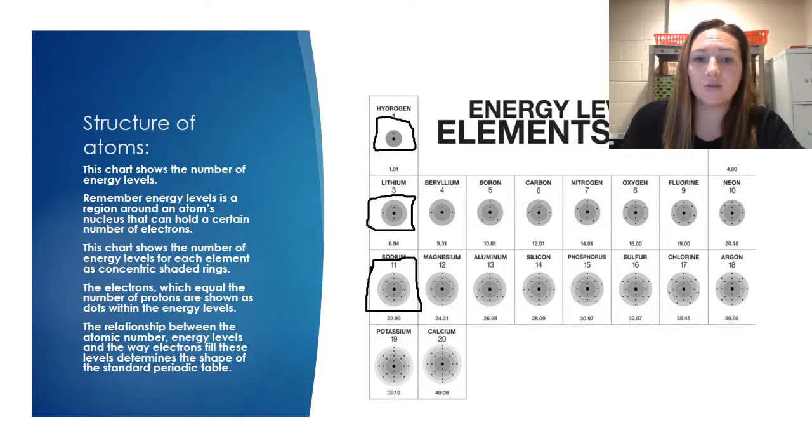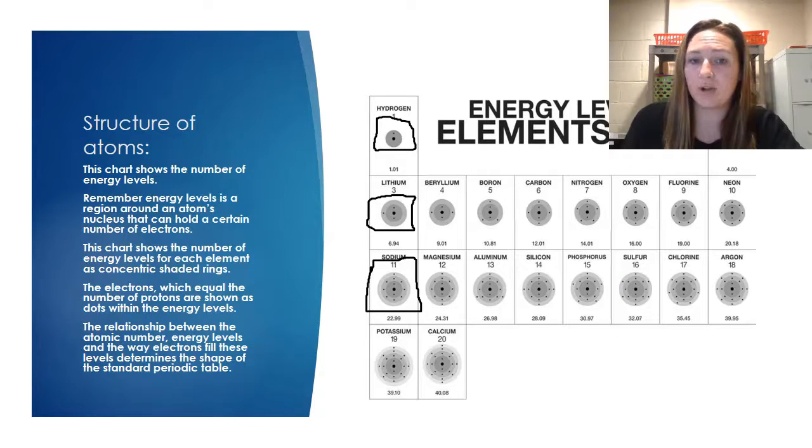You can see that there's 2 in the first energy level with the nucleus, then you get the 8 in the second energy level, and then the 3 left over are in the third energy level. And it just moves on. The relationship between the atomic number, the energy levels, and the way electrons fill these levels determine the shape of